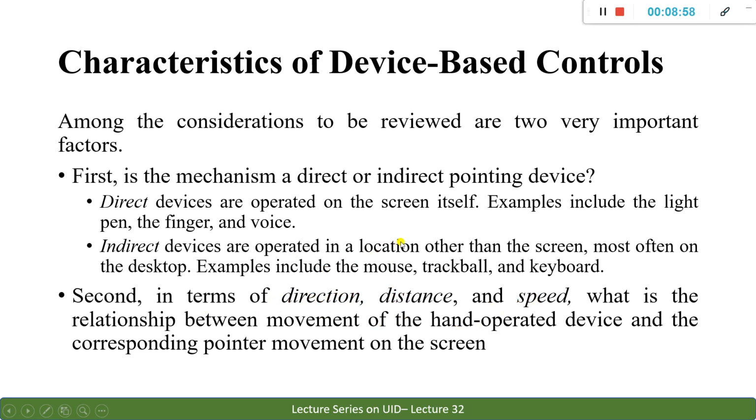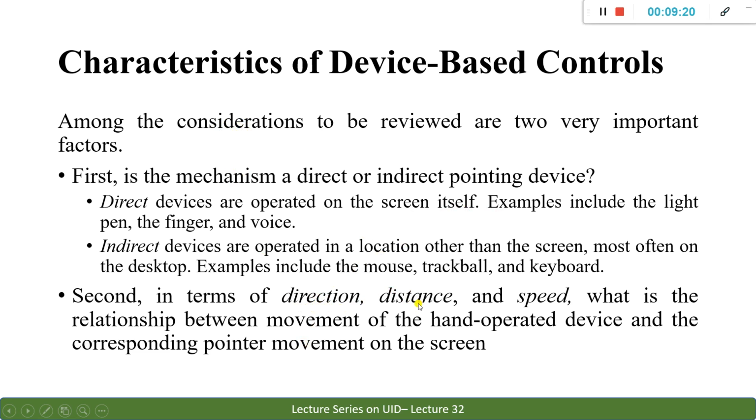If I move this mouse towards the right corner of the screen, it means that I have to move my hand also towards the right corner of the screen. The direction of the mouse pointer as well as the direction of my hand, both should coordinate. That must be considered for our calculations.